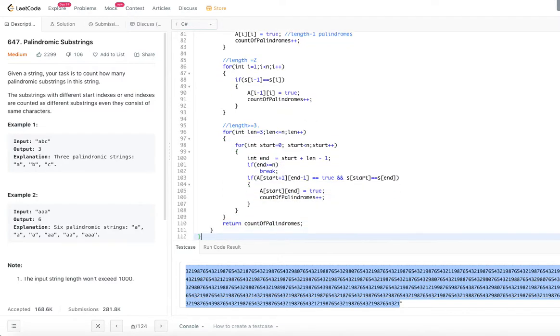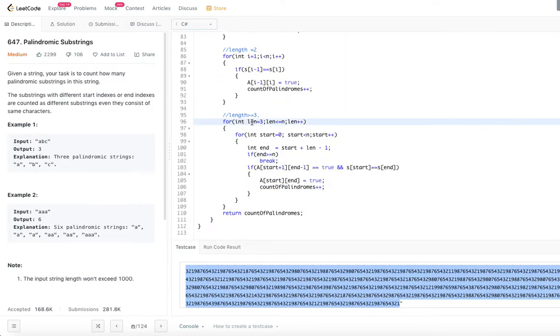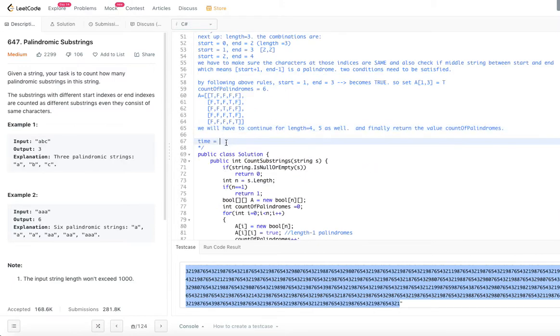Now this one we have starting from length 3 to n. So the outer for loop is n minus 3, sorry, n minus 2 basically, and this inner for loop is n. So n minus 2, if you just take out the 2, is n into n, so these two for loops make up n square. So totally order of n square plus order of n plus order of n. For large numbers, order of n square is much bigger than order of n, so we ignore order of n. For that purpose, we will say the total time complexity for this particular algorithm is order of n square.